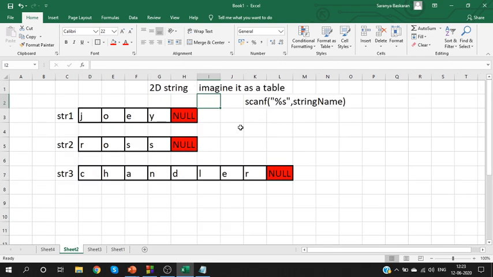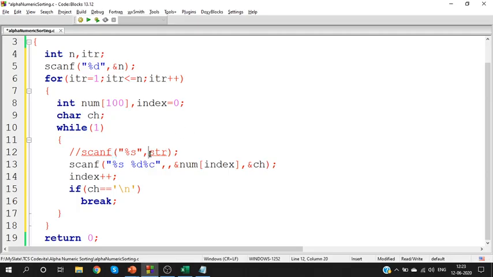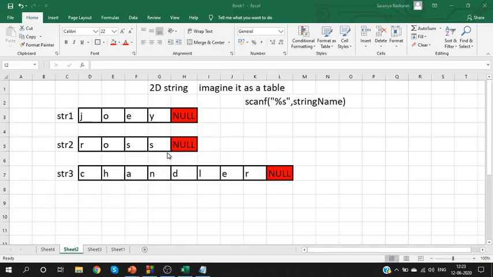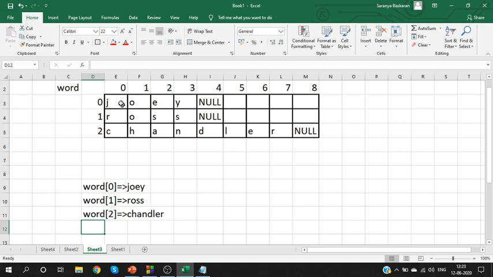Previously, in the programming part, we would use the string name str. Here, instead of the string name, use word of 0. Word of 0 is the first string. Word of 1 is the second string. So what will happen when I say word of 2, 3? The first index refers to the row number, which is the second row, and the second index refers to the column number. What is the column number? 3. So 2, 3 means we are referring to n.